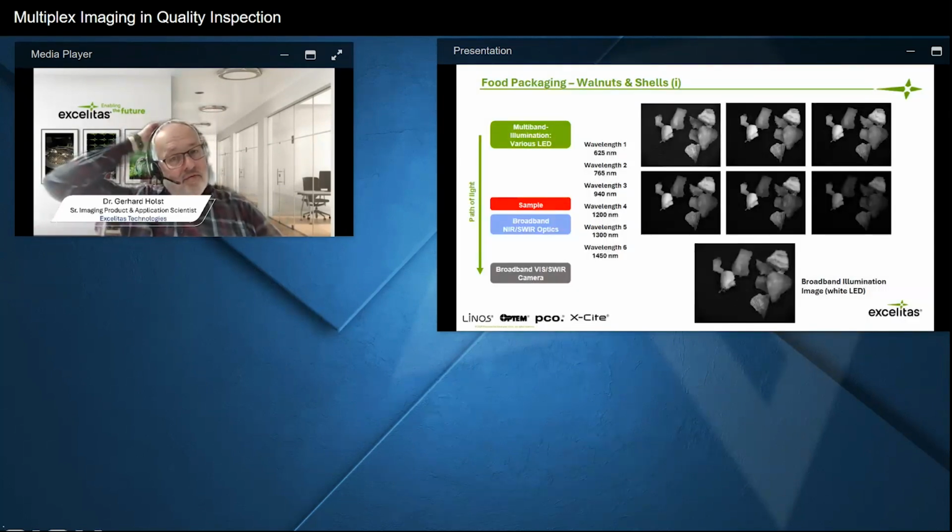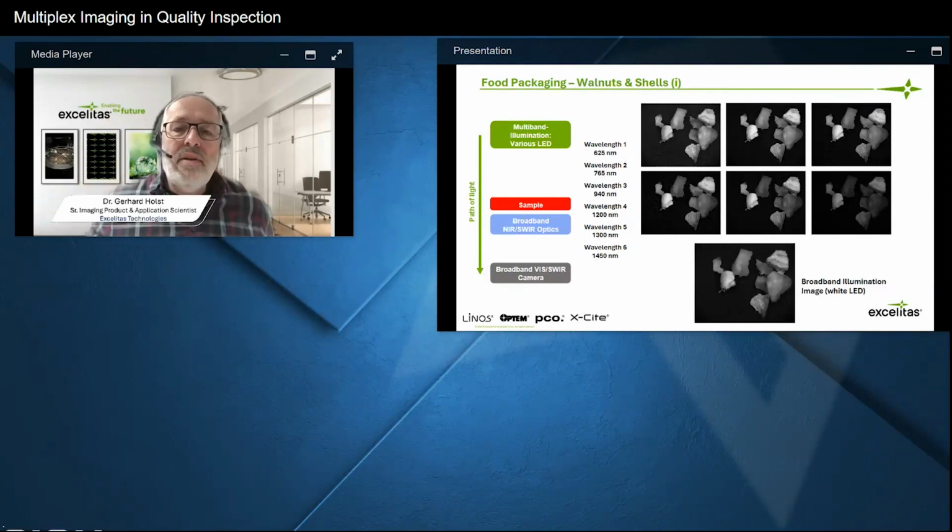Another issue with food packaging, and as Kavita has shown from one of these examples as well, is the separation or differentiation between walnuts and shells. In the visible, as you might see down there on the broadband illumination image, it's not that easy. It might be possible as well to do a kind of structural analysis, but it's a lot easier if you